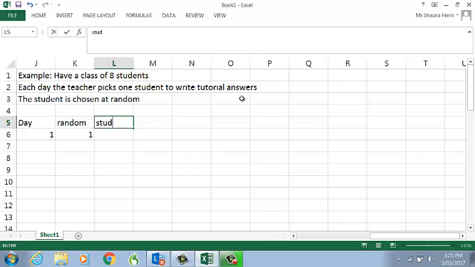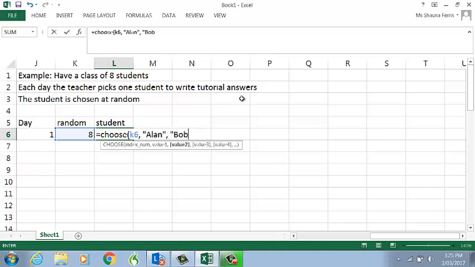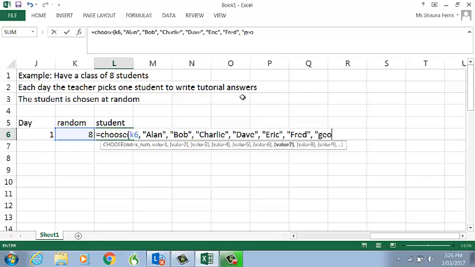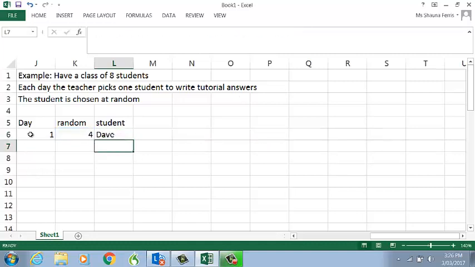And then we'll say which student gets picked as a result of choosing that number. So we'll equals choose, using the random number at K6, we'll choose Alan, Bob, Charlie, Dave, Eric, oops, we need a comma there, Eric, Fred, George, capital G, G-E-O-R-G-E, or Harry. Okay, and